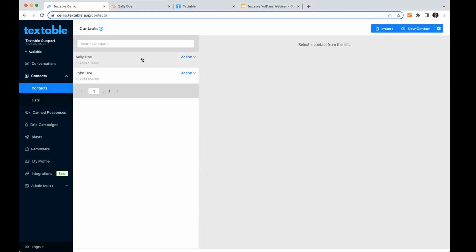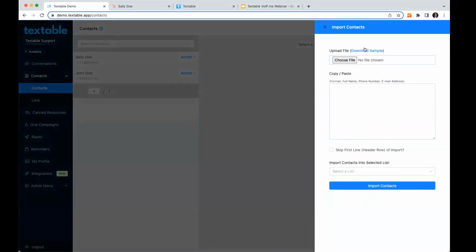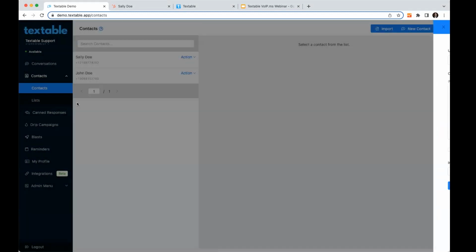So again, back to the contact list, you can import via CSV. We provide a little sample here for you. It's real simple: name, phone number, email. You can also choose to segment those contacts into lists. That's useful if you want to do marketing, notifications, staff alerts, things like that. So you may segment out those lists how you choose. You can do that at import.